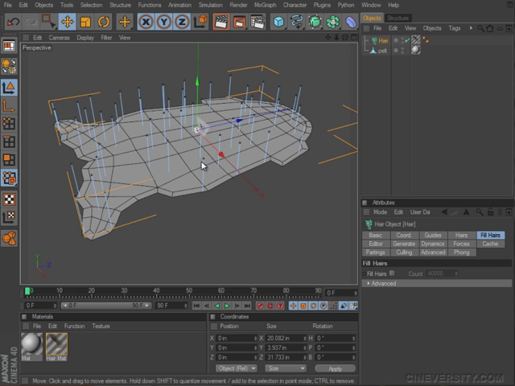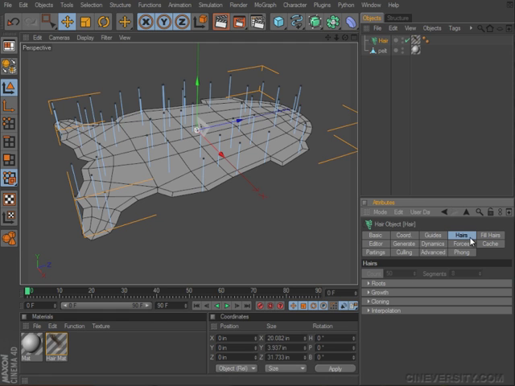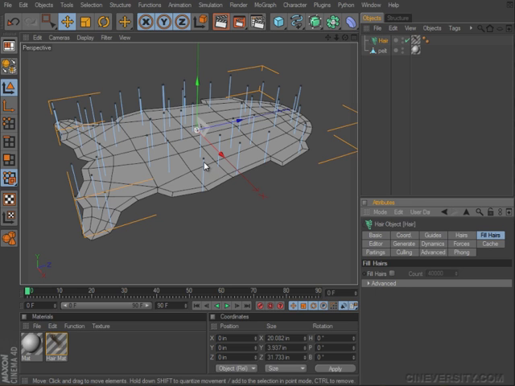In general, what we have are guides. And then we have the hair tab here, which generates hair that is interpolated between the guides. Now, fill hairs were implemented so that we could actually take the hairs that are generated from the guides and then interpolate hair between those. So in this instance, if I go to the guides, you'll see that I have 50 guides set to polygon